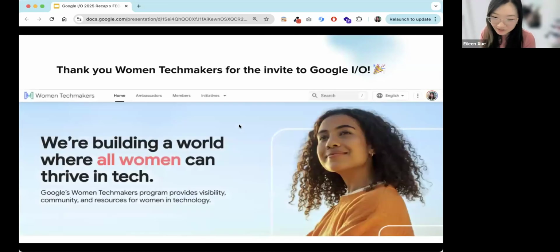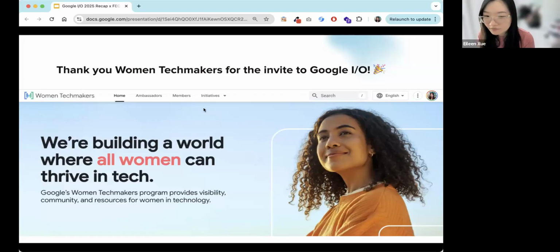So one question I get a lot is how to get invited to Google I/O. I really want to give a huge shout out to Women Techmakers. This is a developer community from Google. They have different types of developer communities. The more popular ones are Google Developer Clubs, student clubs, and also Google Developer Groups in different cities around the world. Women Techmakers is also one of those communities, and basically they allowed us and sometimes invite us to different events. So I also attended Google Cloud Next this year and also Google I/O recently.